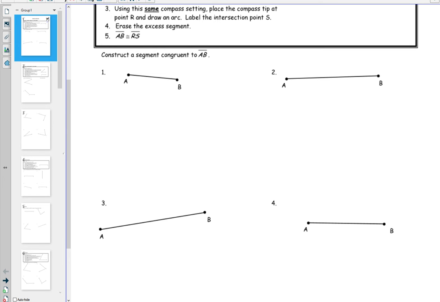Well, first what we're going to do is, depending on the type of construction, we're going to adjust the distance between the tip and the pencil. Okay, so that's the first thing you need to know how to do. That's not overly complicated. But once we decide how wide we need this to be, the angle that we need it to be at, okay, what I would suggest to you